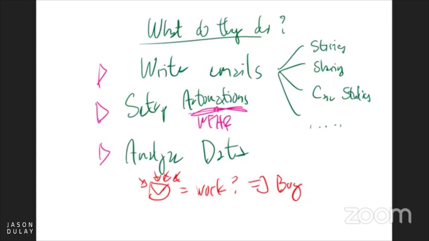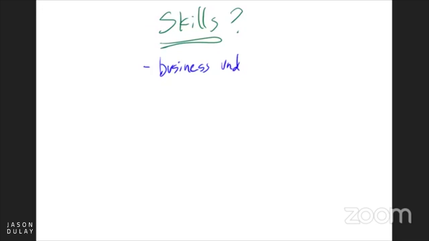Okay, so now if you're thinking about becoming an email copywriter, what skills do you need? What are the different skills you need to become an email copywriter? Well, first of all, you have to be kind of good in business. You have to understand business, because if you're selling products and services, you should really understand what these products and services can do, and in connection with that, you have to have a good idea about marketing